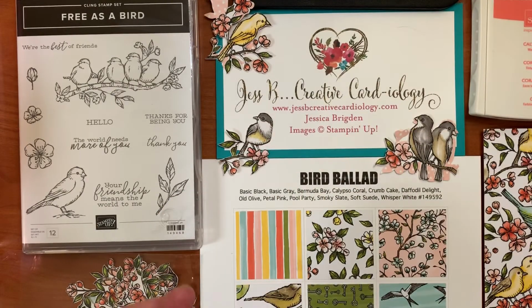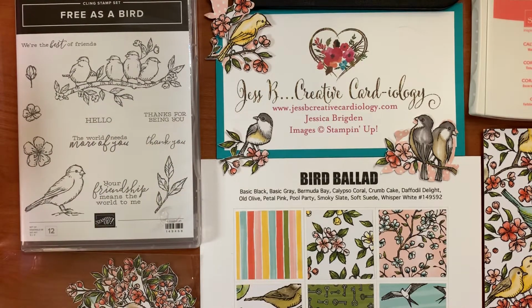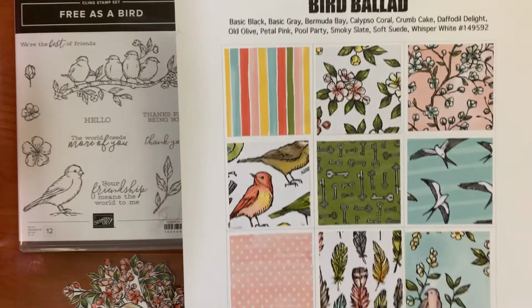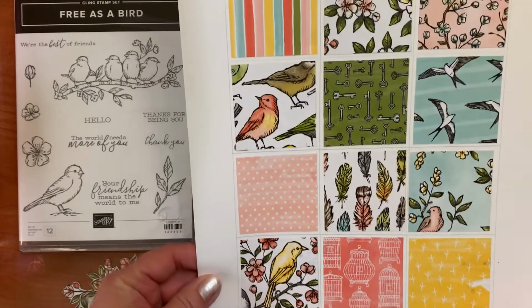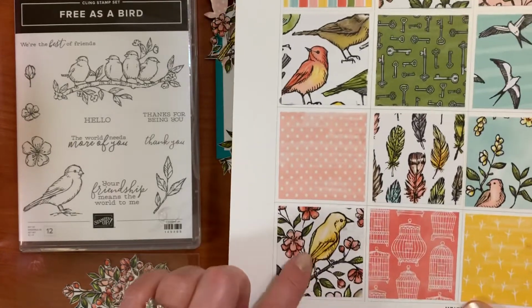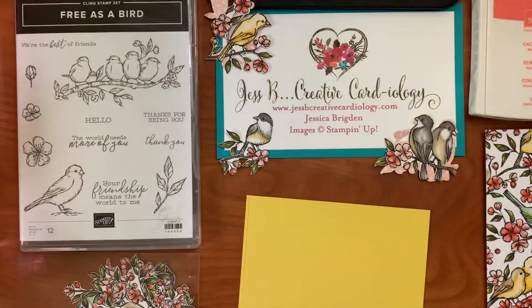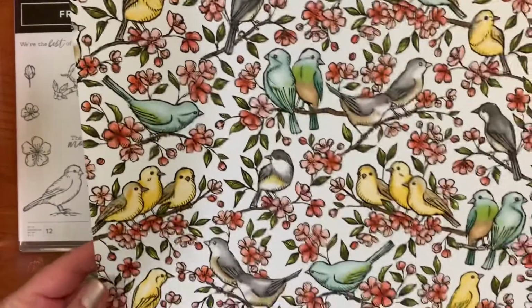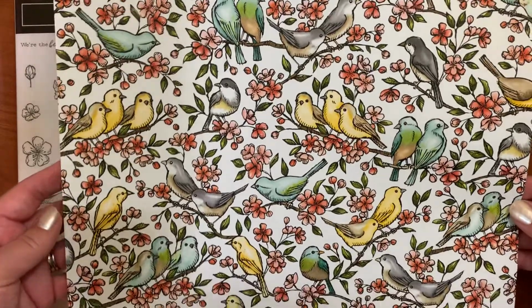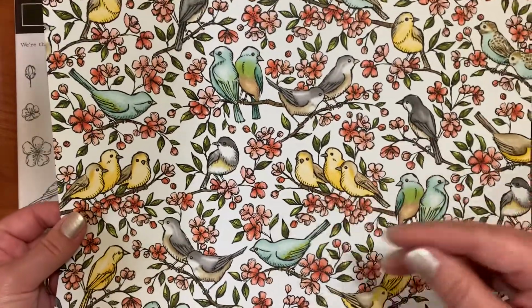So we are using, as I said, the Bird Ballad product suite. I have the Free as a Bird stamp set here, and then just a little sampler of the gorgeous Bird Ballad Designer Series paper. In particular, we're going to use the bird image sheet. This is the full sheet of Designer Series paper, and from this you are able to fussy cut, or actually cut out with your paper snips,